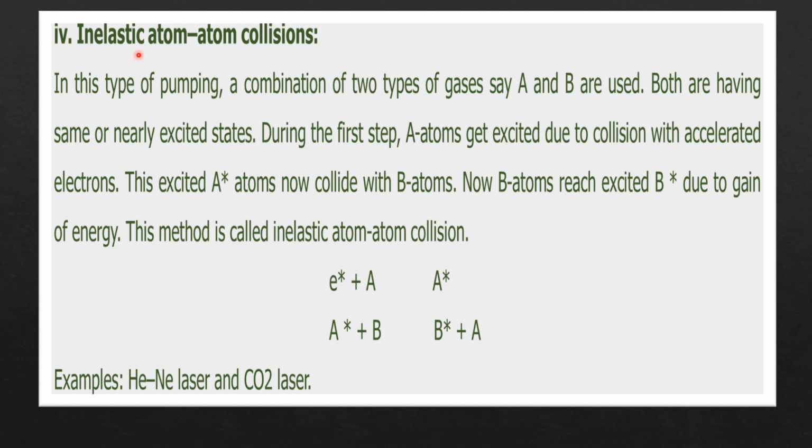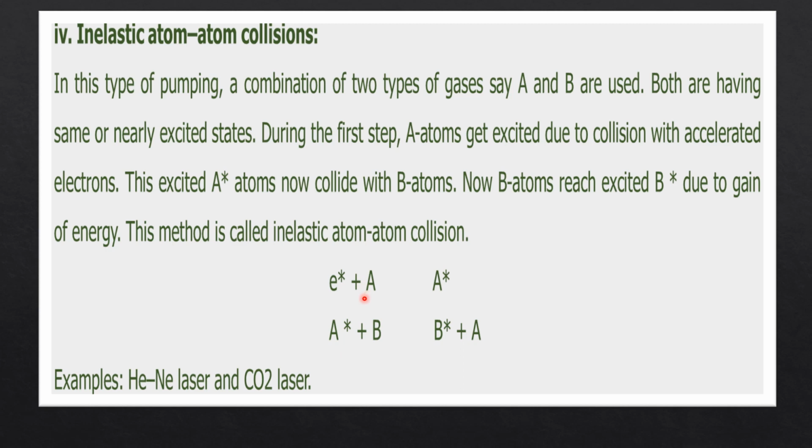The fourth method is called inelastic atom-atom collision. So the collision is going to be inelastic in nature, and the collision is taking place between a mixture of gas atoms. Okay, let us take two gases, say A and B. This is possible only if these two gas atoms have the same or nearly equal excited state. The first